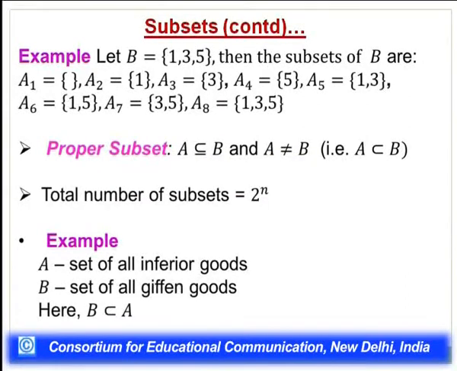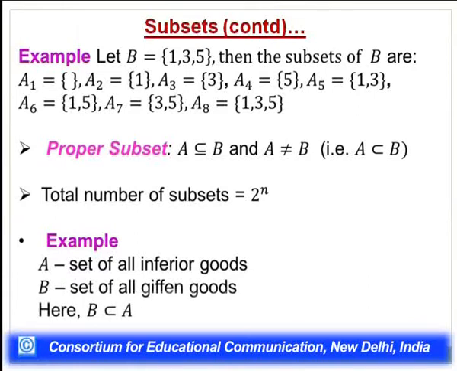Coming back to the discussion of subsets, let's take an example. Let us suppose the set B is defined by the elements 1, 3 and 5. Then the subsets of this set B would be, first of all, the null set. The null set is a set that has no elements. So because it has no elements, this can be conceived of as a subset of every set